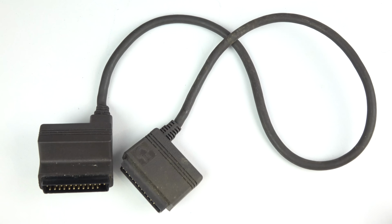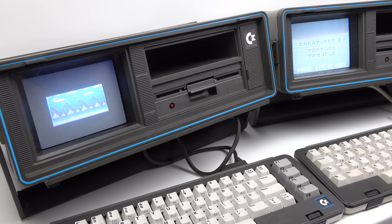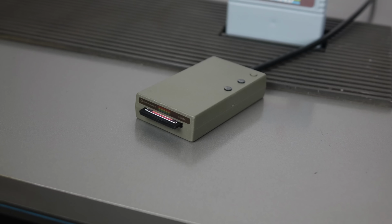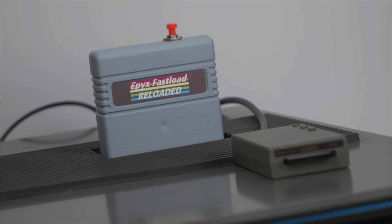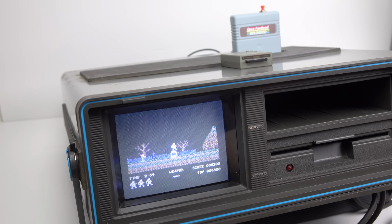I'm still looking for a better solution, something that I can use that looks a little bit more like the original cable, but it doesn't matter. At the moment, everything is working. I've got 2 fully working machines from starting off with 2 faulty machines. I've now got my SD card reader as well, so I'll be working my way through those various games and demos. Now, the demos don't work with the card reader I've got, some of them, so I'm going to have to maybe install a Jiffy DOS and do other different things,